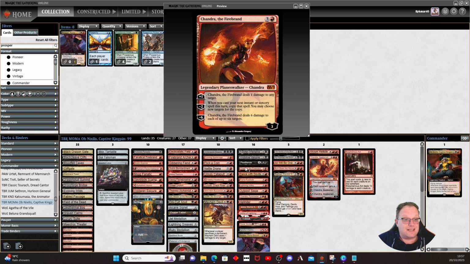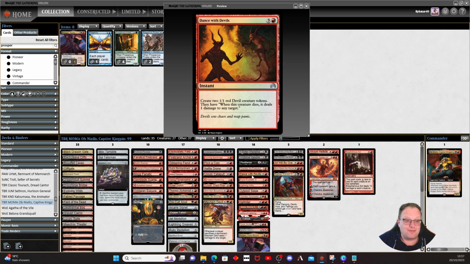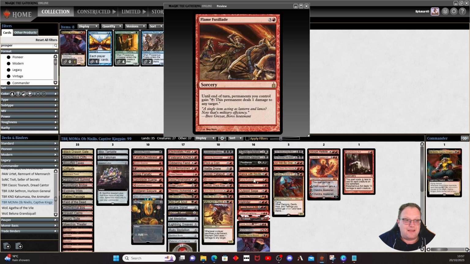And the Chandras start appearing now, because a lot of the Chandras do 1 damage to anything. And because they do 1 damage to any target, it's 1 damage to an opponent, Ob Nixilis gets bigger. We're not going to complain. Dance with the Devils gives you some devil tokens. Again, they die, they do a damage. Flame Fusillade,